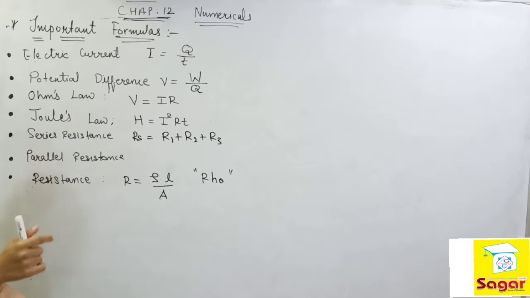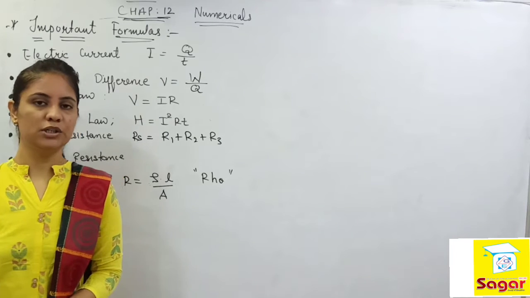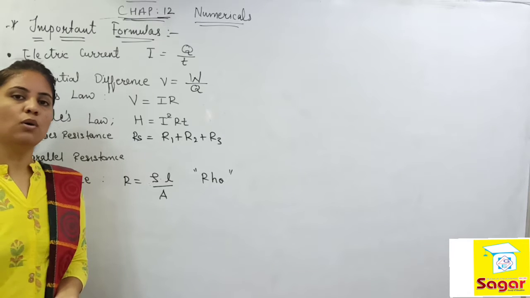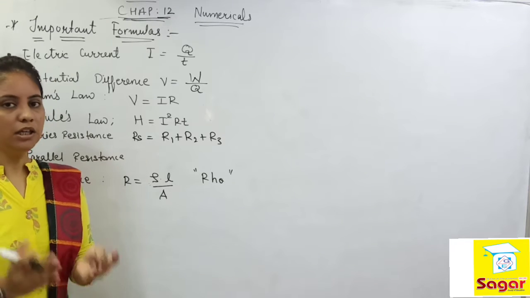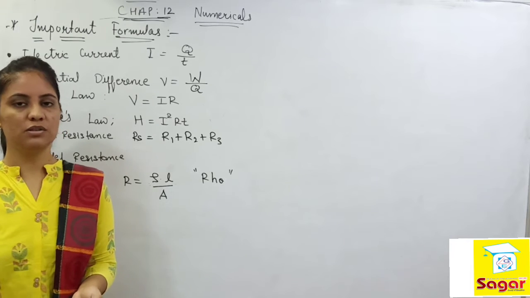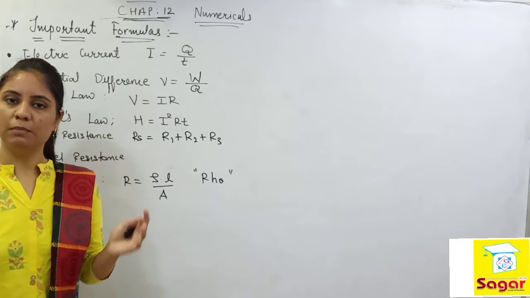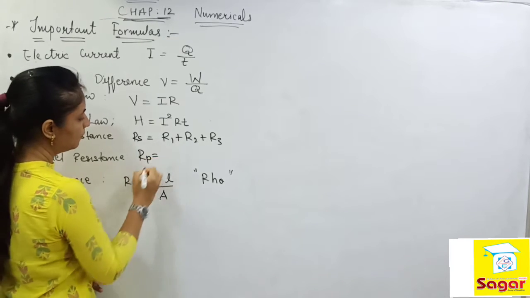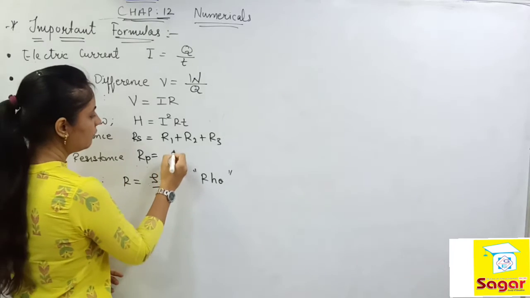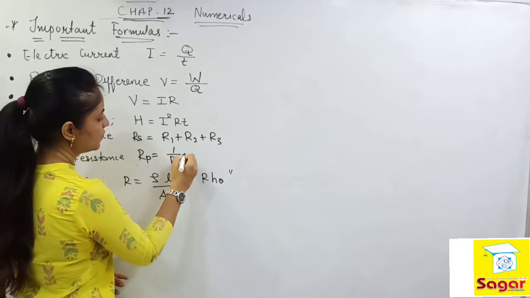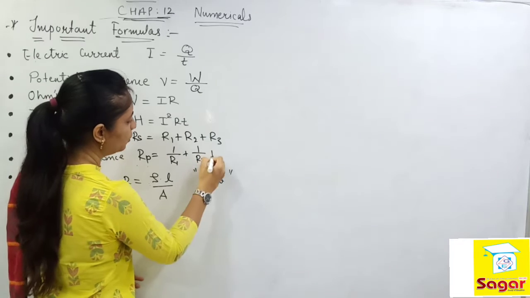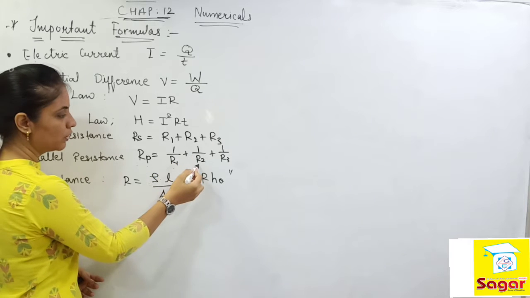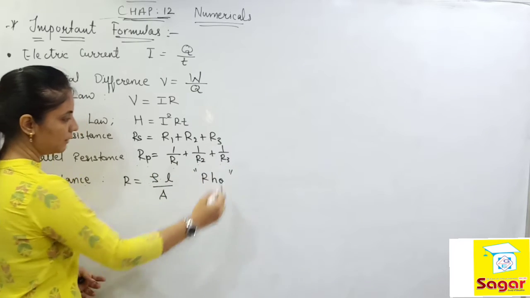Sometimes you have seen that some components and devices are attached in the circuit system in parallel form, and these components are also offering some amount of resistance. If you want to identify the resistance offered by all these components placed in parallel connection, we would go with this equation: Rp, that is parallel resistance, is given by 1 upon Rp equal to 1 upon R1 plus 1 upon R2 plus 1 upon R3. That means it is the sum of the reciprocal of the first, the reciprocal of the second and the reciprocal of the third.